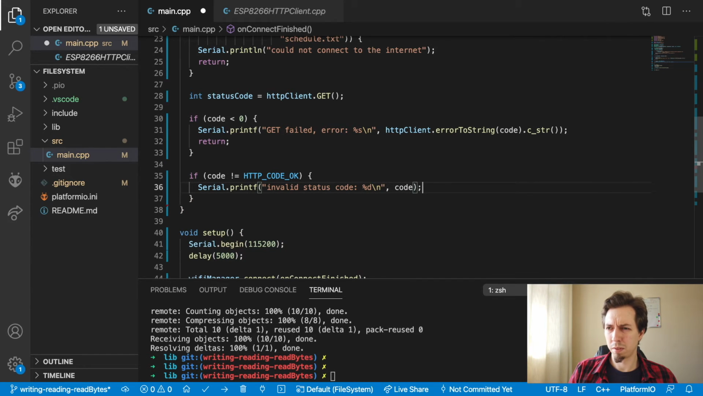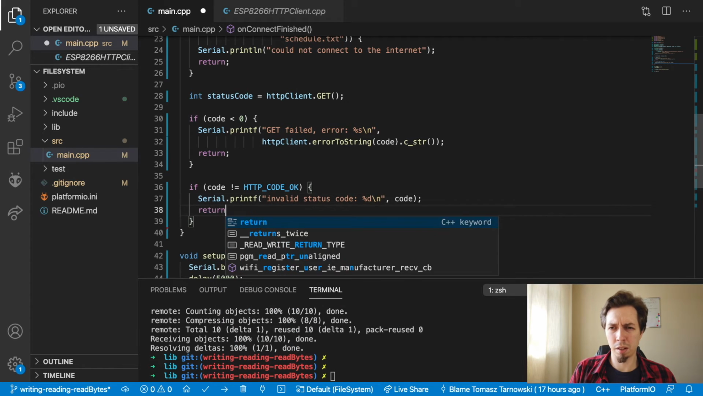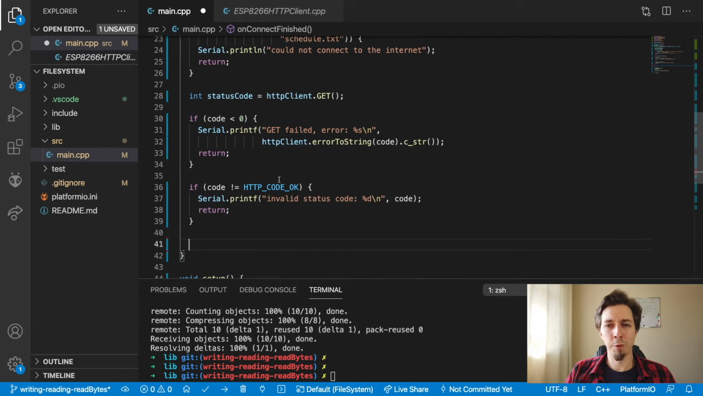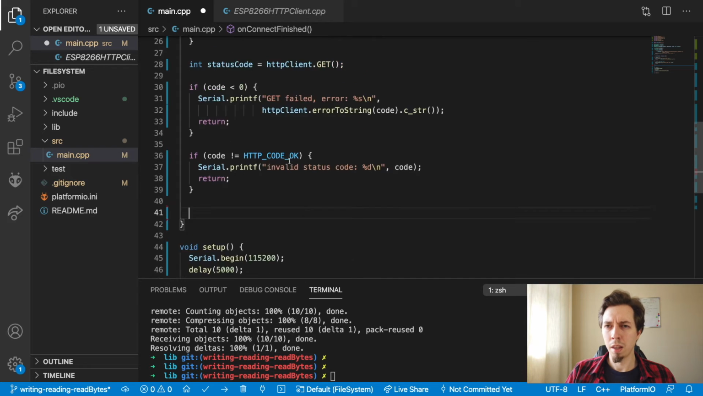Code, right? And again return. So these are the negative scenarios. Hopefully they won't happen, right? Okay, and now finally we can read the response body,